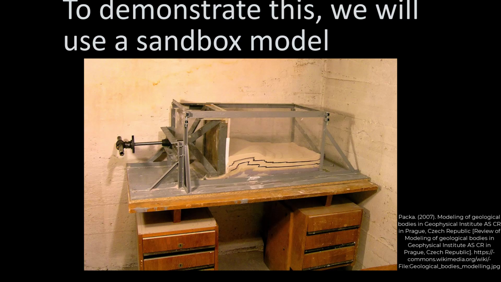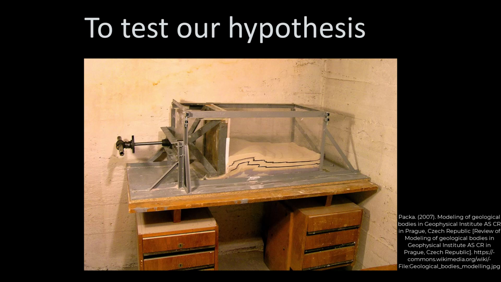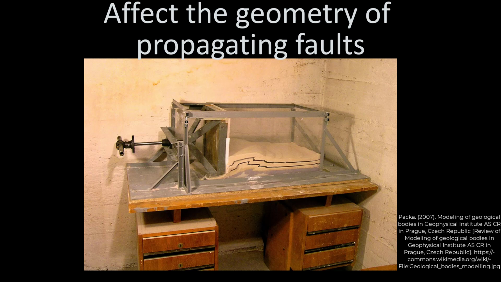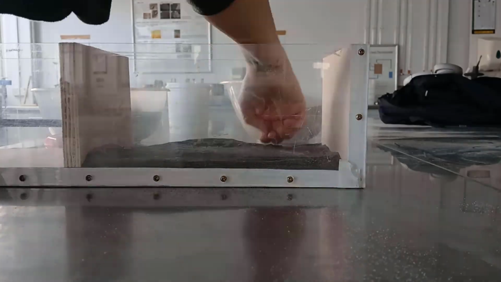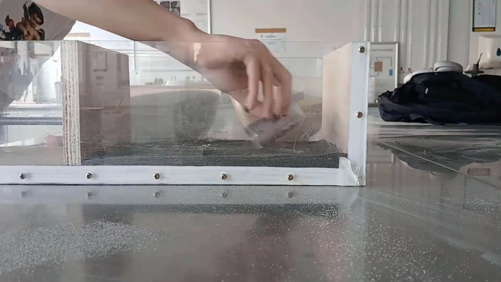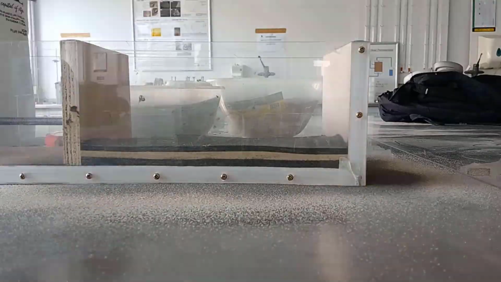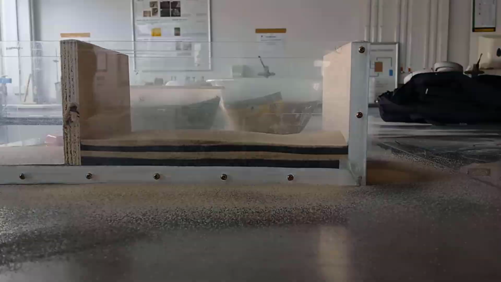To demonstrate this, we will use a sandbox model to test our hypothesis about how decollements of varying lithology affect the geometry of the propagating faults. To start, our control sandbox was constructed using different coloured homogeneous sand in layers. Sand is a good material to use for this experiment, as it similarly mimics the deformation rocks go through during